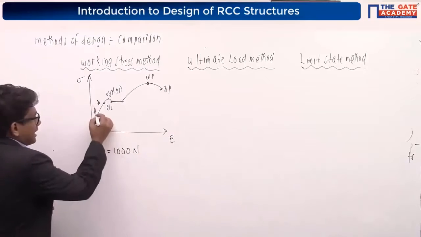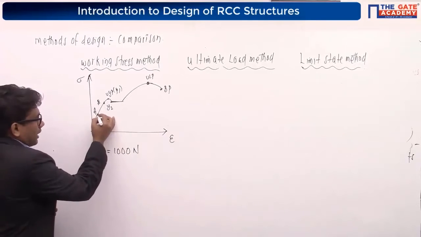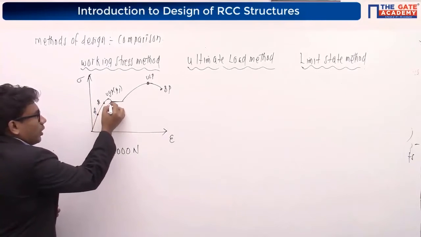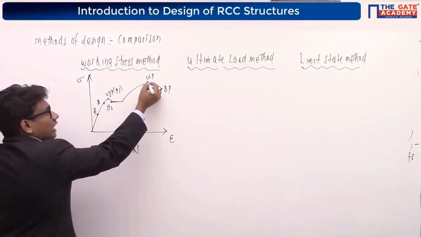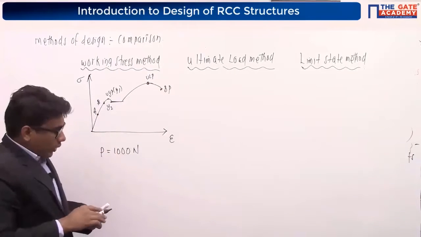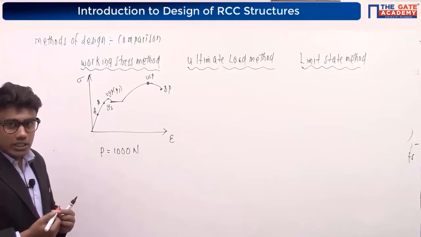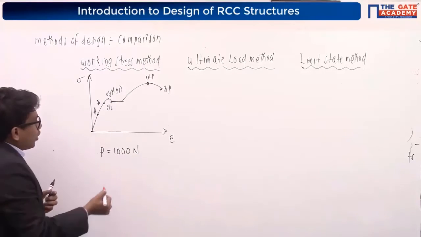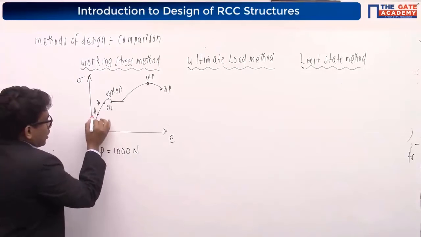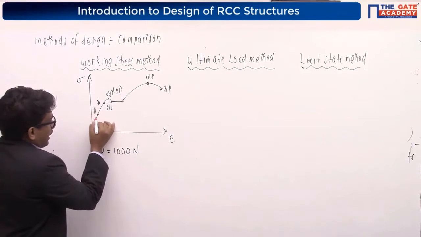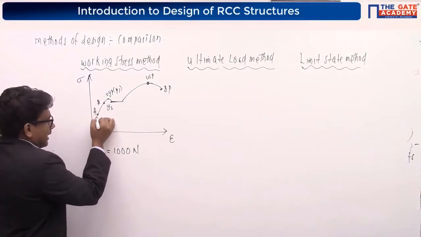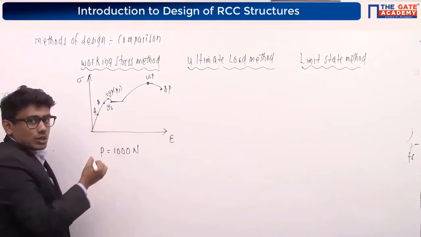See, we know this elastic point. This is our elastic point. So this is our proportionality limit. This is our elastic point, upper yield point, lower yield point, plastic region, ultimate load point, and breaking point. So here in working stress method, what I am going to do is, I am going to consider a stress value. So you can find the stress value for various points. Now for various points in this graph, you can find the stress values corresponding to that.